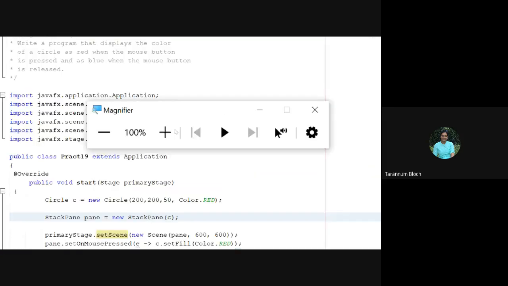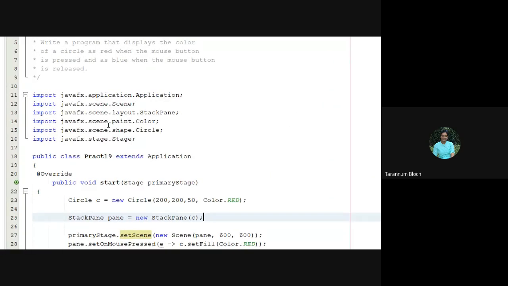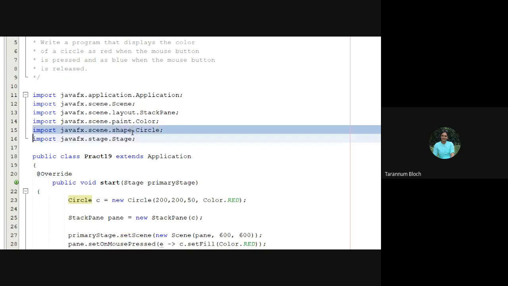So this is that example. Can you see that? What does it mean? Circle is a child of shape. Shape is a child of scene. Scene is a child of the javafx class. Is the screen visible now? Right? Okay, so this is what it means when I say shape is the parent class and circle and other shape objects are the child classes.